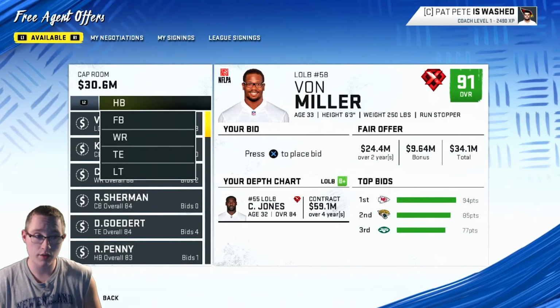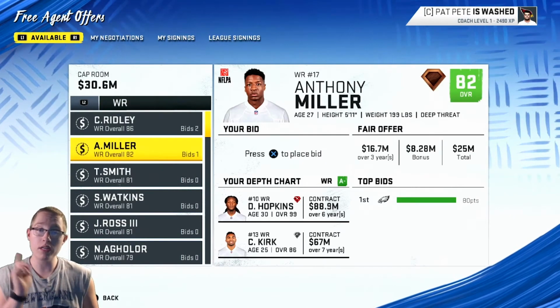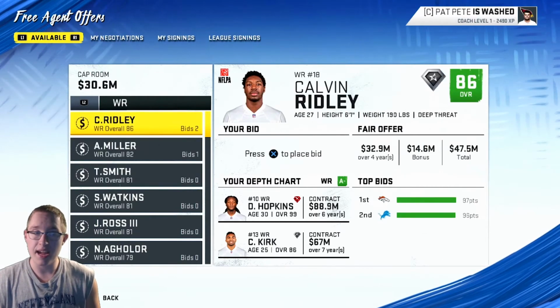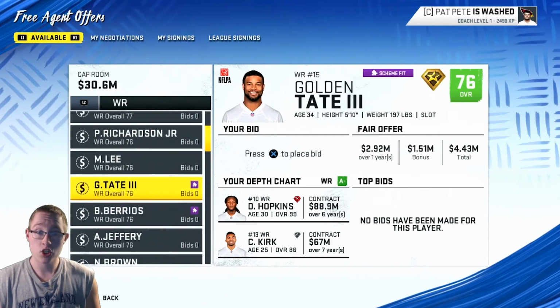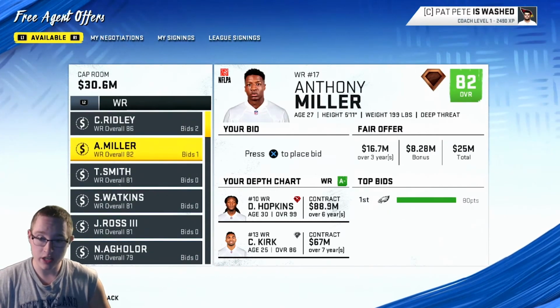Now, I don't know who's still available, man. Receiver. Okay, Calvin Ridley's still available. We can go after him, or we can go after Anthony Miller and save a bit of money. They're both the same age. Is there anybody down here who has, like, a really good development trait? See, that's Golden Tate, though. Let's see. Do we want to go...